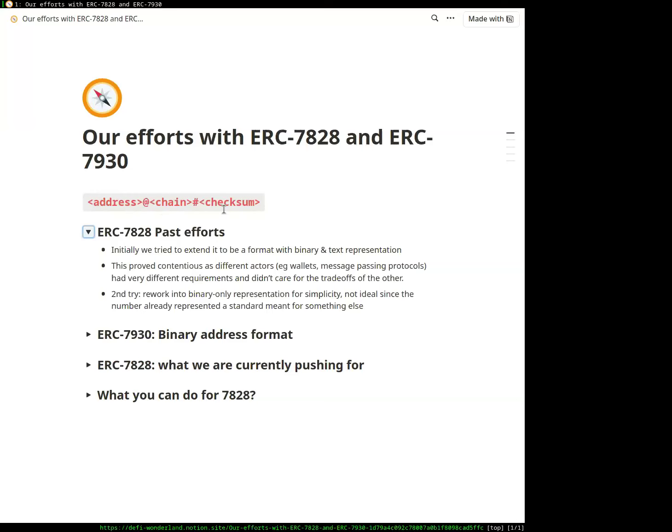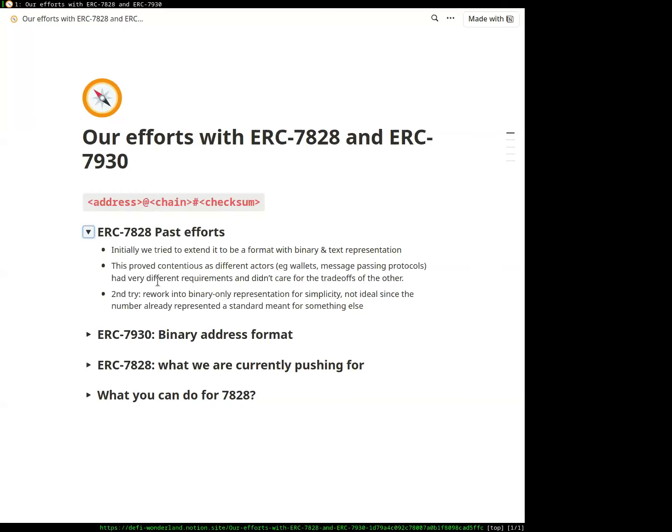The idea is for this to serve the needs of two groups of people. Those working with wallets and any other software that wants to display an address chain combo to a user. On a fundamental level, the scope for this is very simple. People know about addresses, and we have to also strap a chain ID on top of that, so people know where that address actually lives.